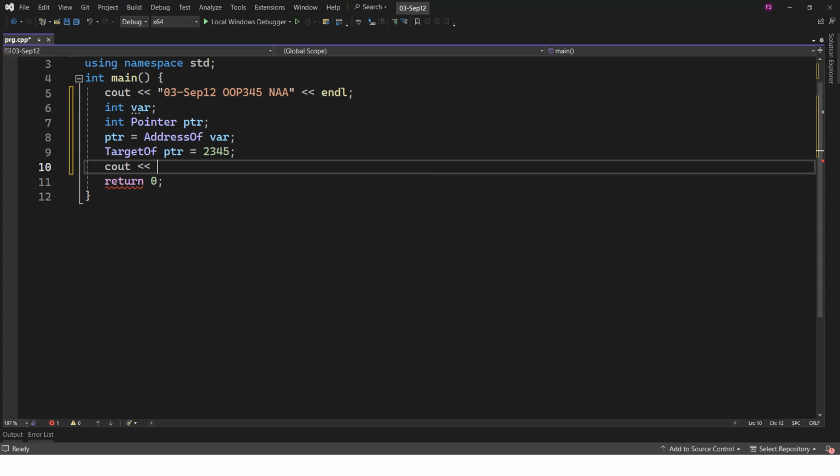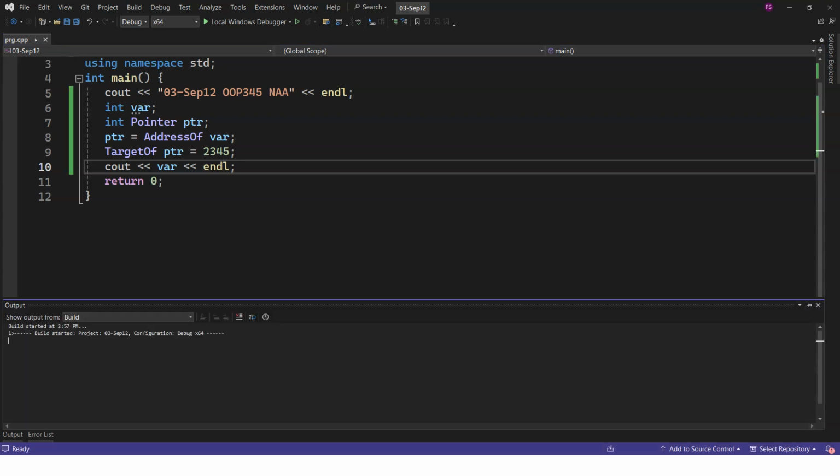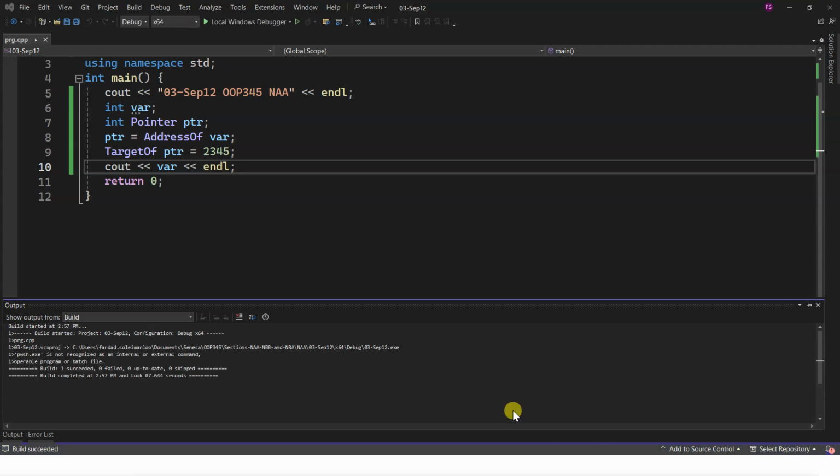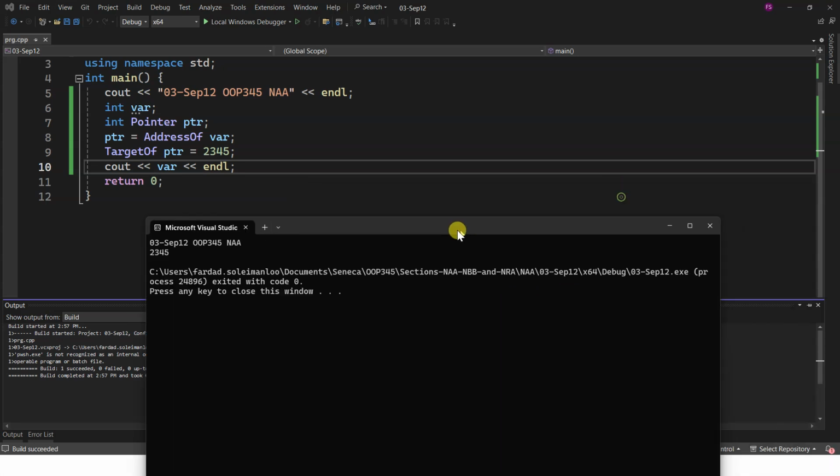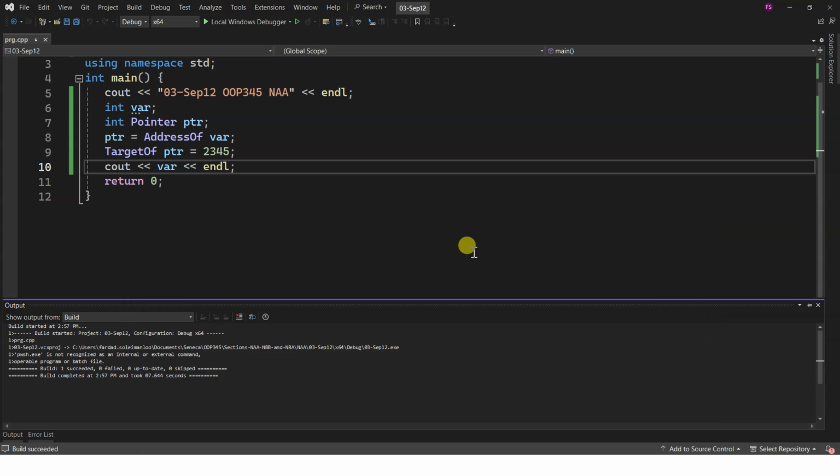Now if I go cout val, if what I said is correct, the outcome will be 2345. Are we okay with this? So like this, I can actually do remote stuff with all the things that I have. It makes life beautiful, isn't it?